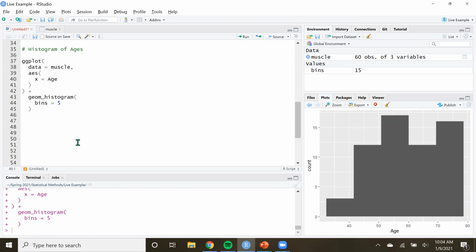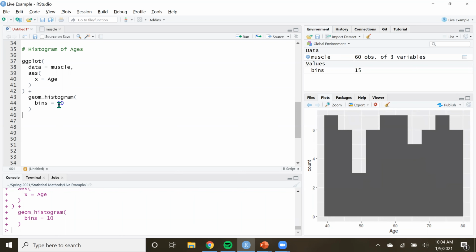Again, totally up to you how you want to go about reporting this. Some people will do, I think 10 is okay. Here's the deal, though. It's totally up to you which one you want to report. Of course,